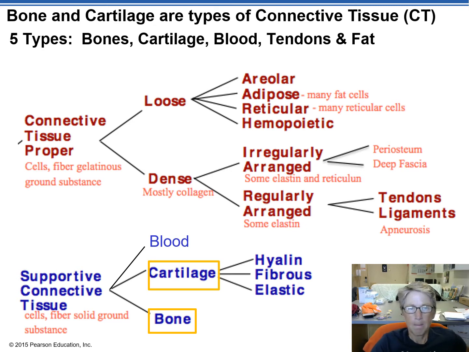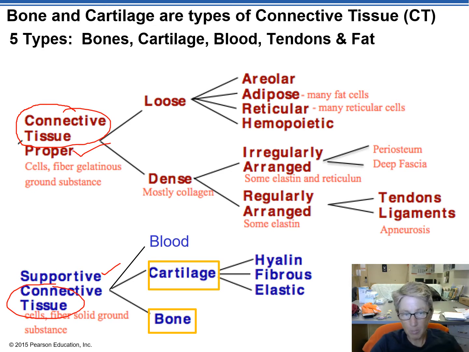Okay, so let's take a look at this flow chart. So we have connective tissue here and here. And it shows there's two types of connective tissue. There's connective tissue proper, and then there's supportive connective tissue. With connective tissue proper, there's two subcategories. There's loose connective tissue proper and dense connective tissue proper. And then within loose connective tissue proper, you have areolar tissue, adipose, that's fat tissue, reticular connective tissue, and